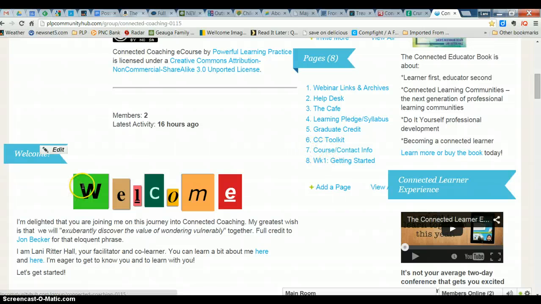Most of it's already there, so that we don't have to scroll quite so much on our splash page. And then I'll be adding the pages for each week, along with any other things that we think are necessary for us in our learning. The pages after page 10 don't always display on the front splash page, and you have to click View All to be able to see all of them.